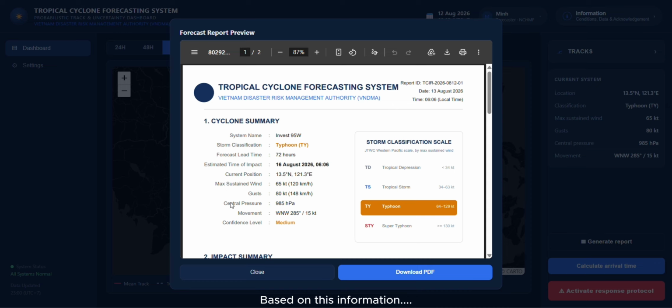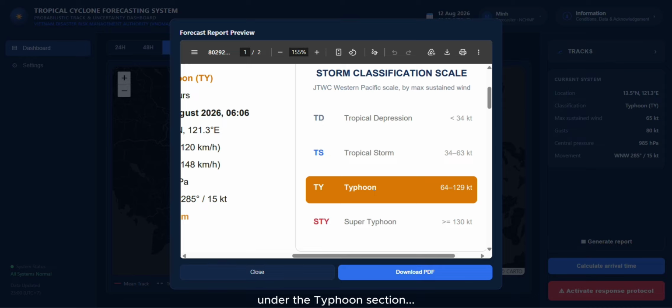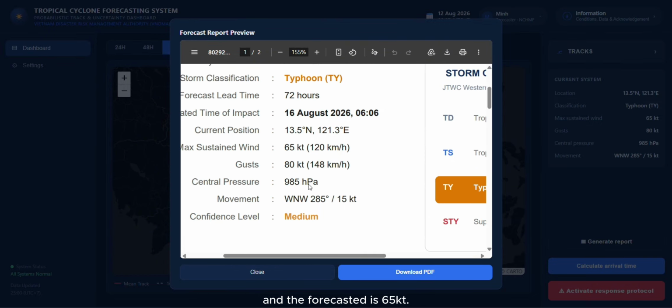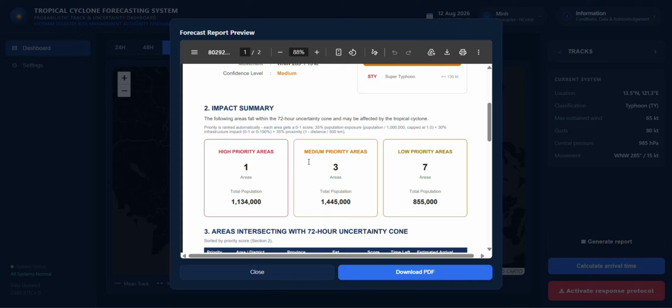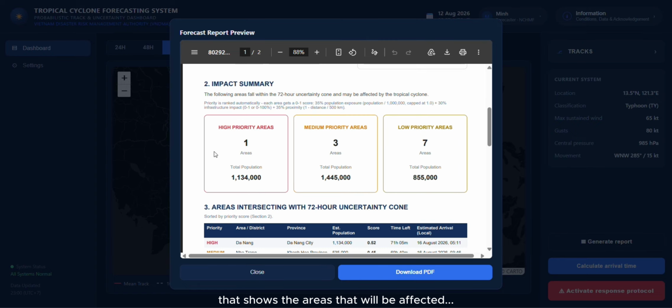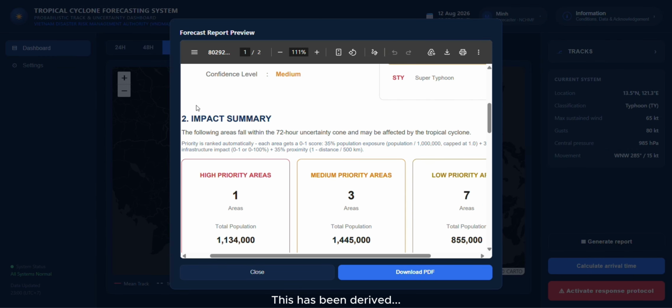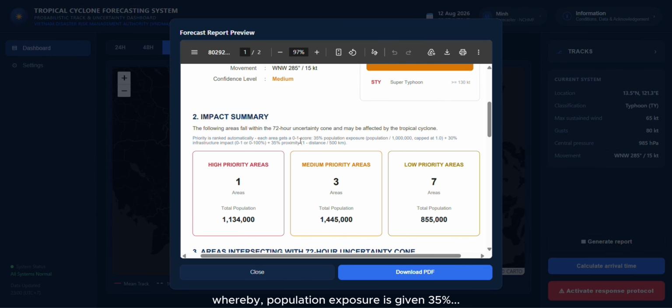Now, based on this information, the forecasted cyclone has been classified to be under the typhoon section because this is within 64 to 129 kt and forecasted cyclone is 65 kt. Also, there is an impact summary that shows the areas that have been affected, which are ranked based on high priority areas, medium priority areas, and low priority areas. This has been derived using a ranking formula whereby population exposure is given 35%, infrastructure impact is given 30%, and